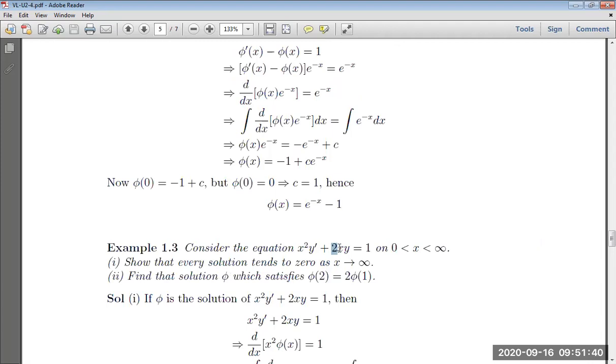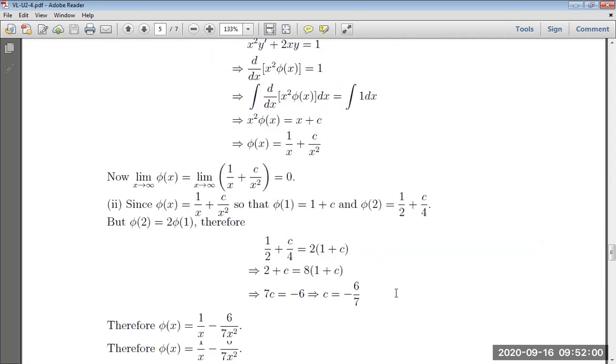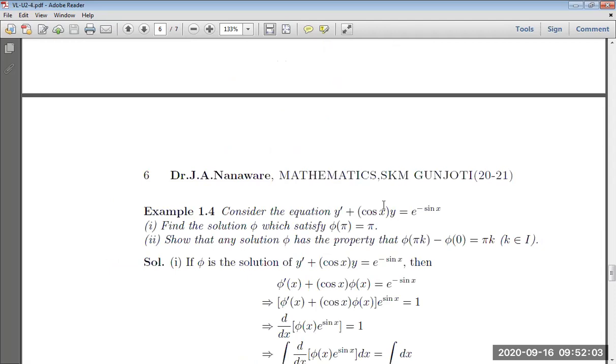If we divide this equation by x square, what we get? y dash, right, plus 2x upon x square, that is 2 upon x, and in the right hand side 1 upon x square. So here 2 upon x is a of x and 1 upon x square is b of x. Okay, so let us see this one again. This is just a repetition, the first differential equation from example number 1. This is the way of solving the most general linear differential equation of first order.